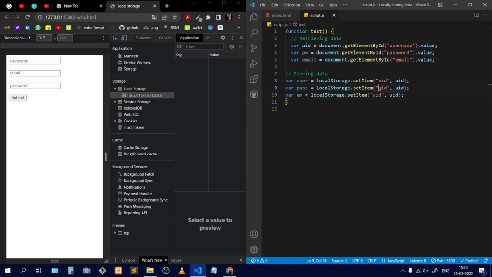Okay, here I'll write pw, this variable here. Okay, and the actual value that is retrieved will be pw. Okay, and this is email, and this also email. Okay,